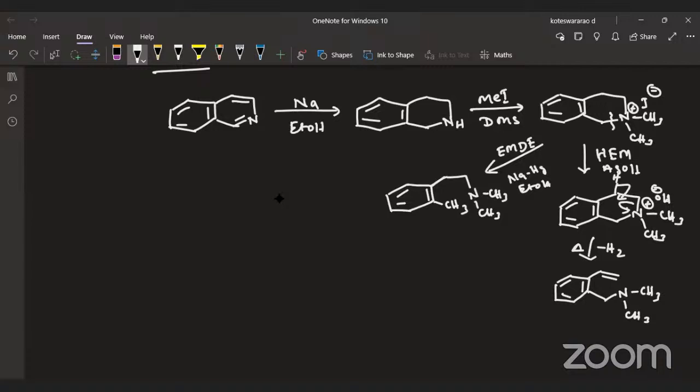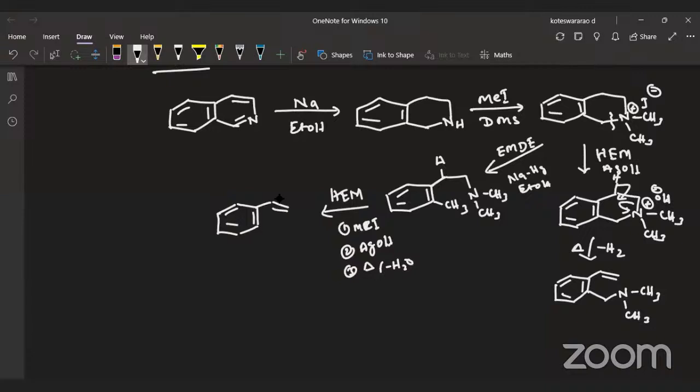Now it is having beta hydrogens. Then you can conduct the Hofmann analysis, that is, exhaustive methylation. That beta hydrogen will be: first it is treated with methyl iodide, and second it is treated with AgOH. Third, if you are heating, then that beta hydrogen will be eliminated as a water molecule along with the hydroxide. Then it leads to the formation of the product along with the tertiary amine,